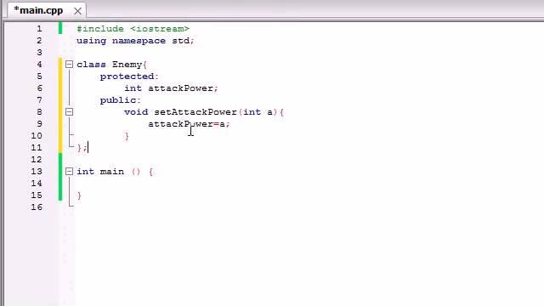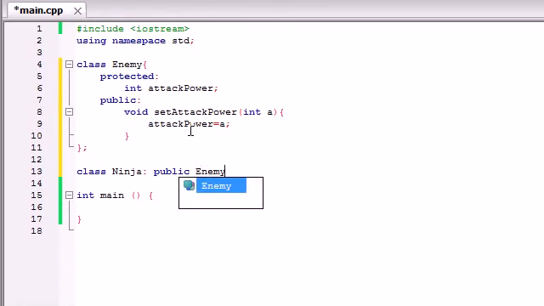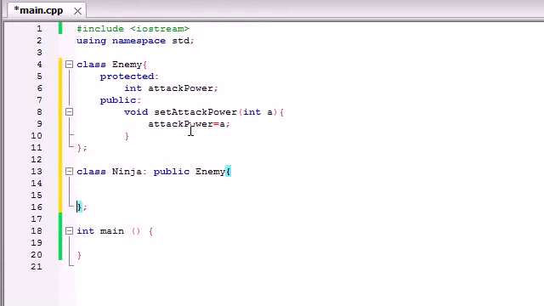So now let's go ahead and make another class. Let's make class ninja. And this ninja class is going to inherit from public enemy. So all ninjas are enemies. We already know that. So now let's add some things that are specific to only ninjas. Well, in each of these classes, let's make an attack function. So public void